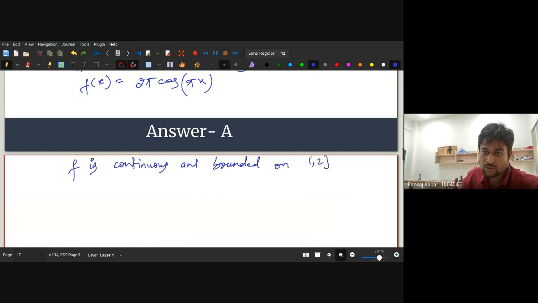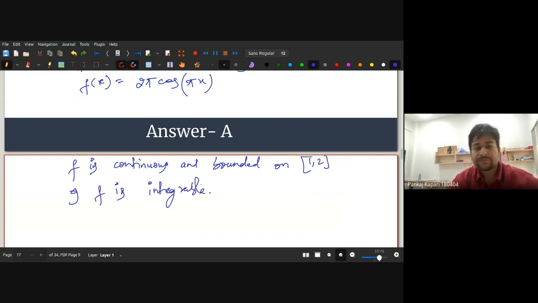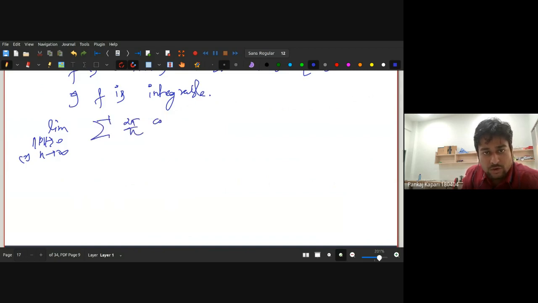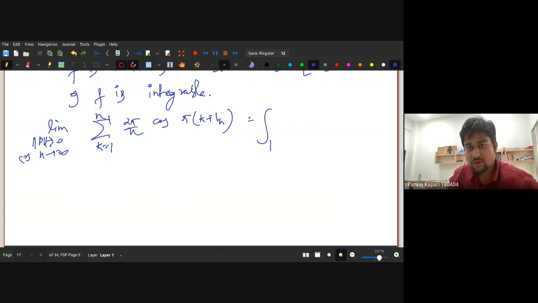On the interval [1, 2], and hence f is integrable. And the limit which we were considering, with the partition norm going to 0 or n going to infinity, they are both the same. So this was (2π/n) Σ cos(π(k+1)/n), k from 1 to n. This limit must be the integral from 1 to 2 of our function 2π cos(πx) dx,